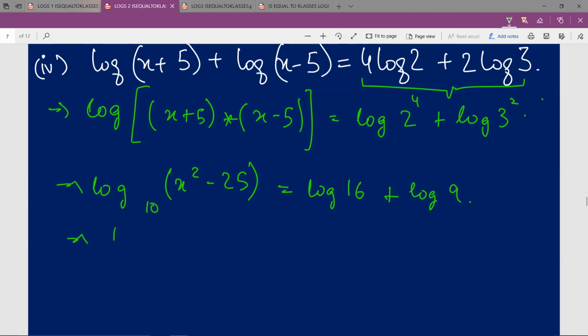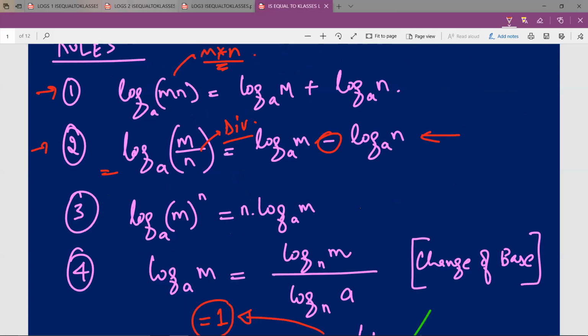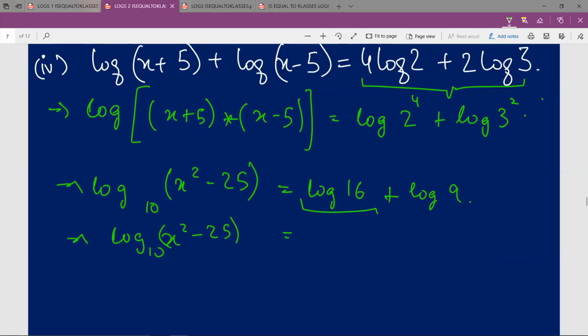I'll solve the RHS. Is equal to log of 16 plus 9. So where there's addition, there's multiplication. So I'll be taking the first law. I'll be applying it in here, this part of the question. So therefore, log of 16 divided by 9 to the base 10. There's no base mentioned. So over here, I made a mistake. So this will be into 9. This will be into 9. So therefore, 16 into 9 will be 144.